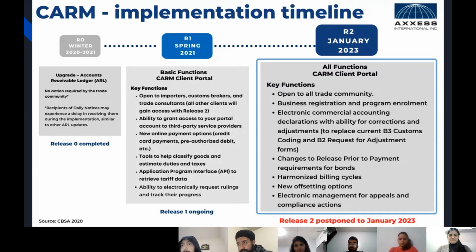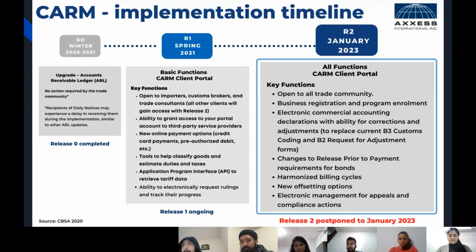Also, the application program interface, known as API, is introduced and is used to retrieve tariff data. And the last key function is the ability to electronically request a ruling and track the whole process. In this round, only one release is ongoing.